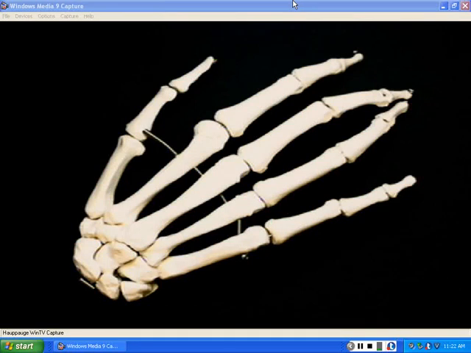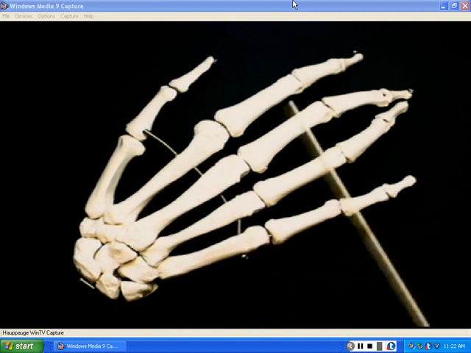So I'm continuing on the series of podcasts looking at the skeletal system. Right now we're looking at a hand, and we'll discuss some of the major features of the hand, some of the major regions, some of the major bones, and especially the carpal bones. The hand is composed of three regions: the bones of the wrist, or the carpals, the bones of the palm,